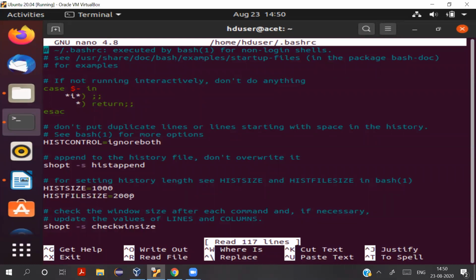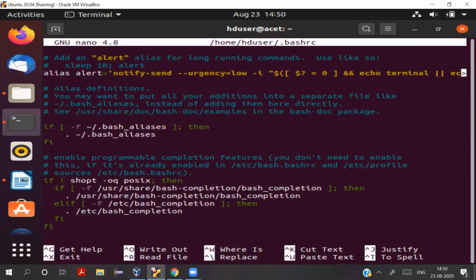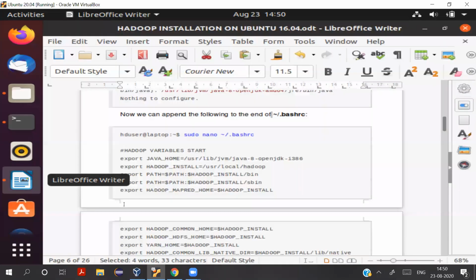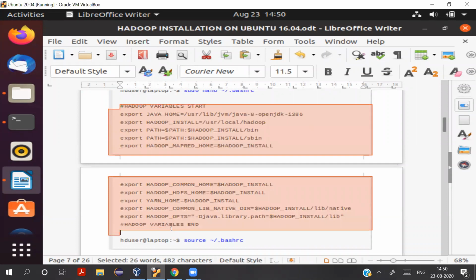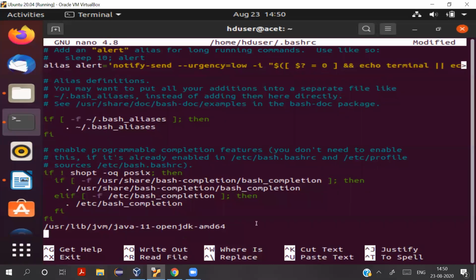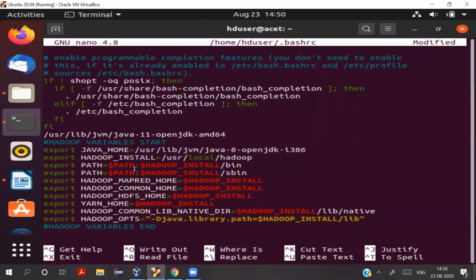Or what we can do is we can copy that Java command that we just wrote so that we can use it later on. Yeah, we can paste it here. This is our Java path. And then we can copy this entire thing here. This can be copied and written in the .bashrc file. So let me copy it here. Yeah. And the Java home needs to be replaced by this.